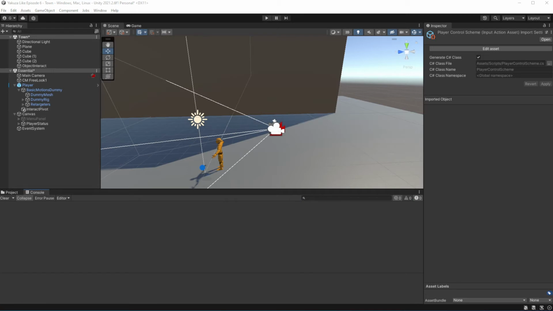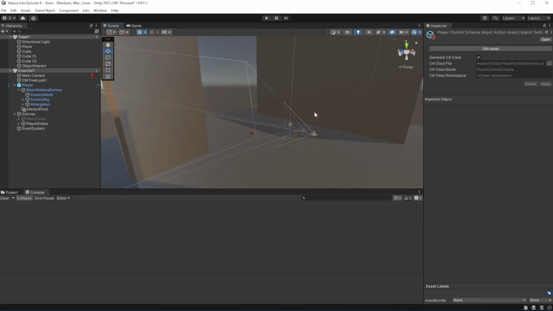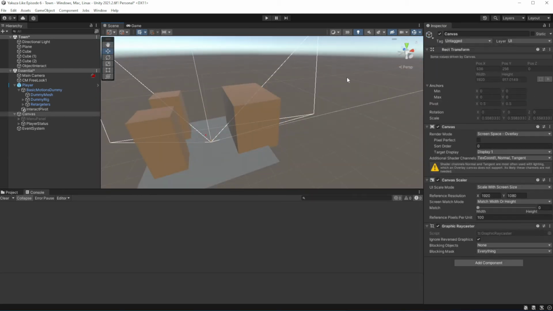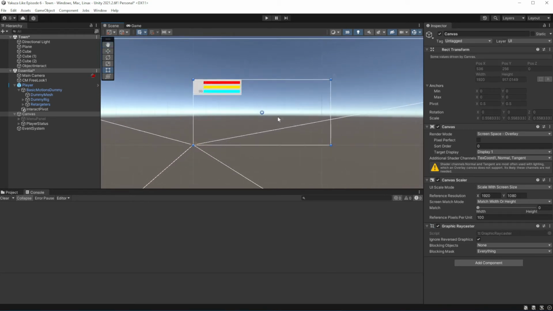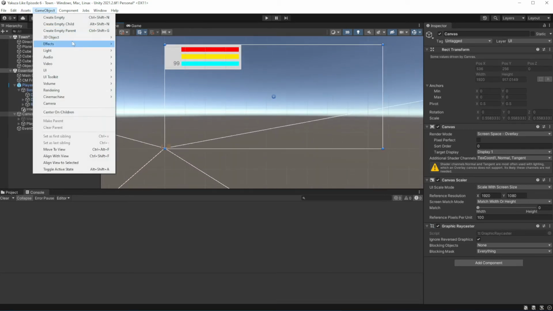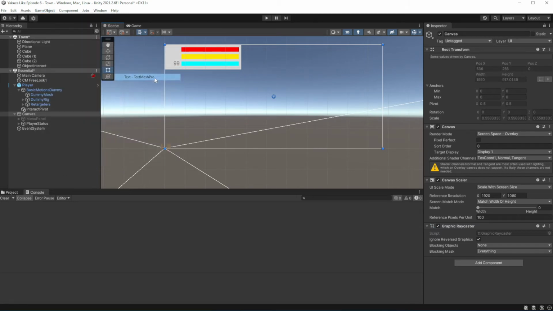Now what we want to do is to show some kind of interaction that we can interact with the object. So let's add a prompt on the screen. Create a text object.